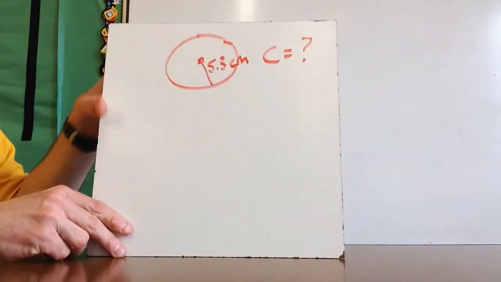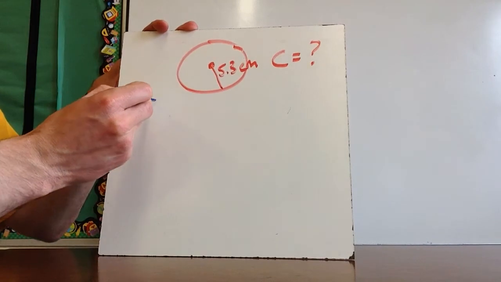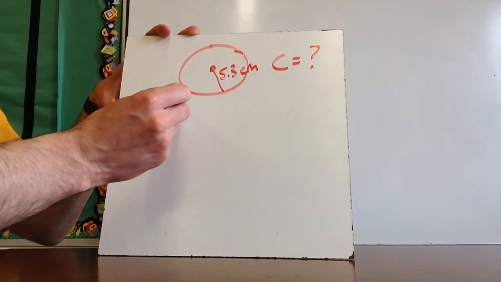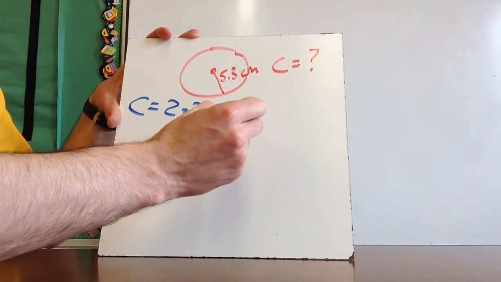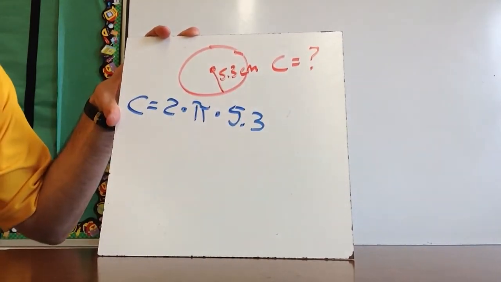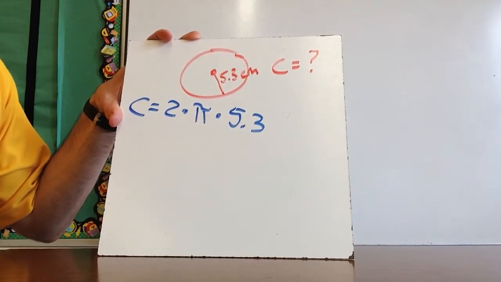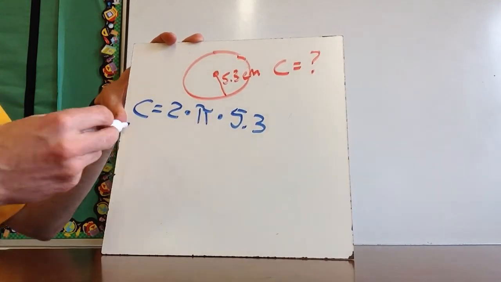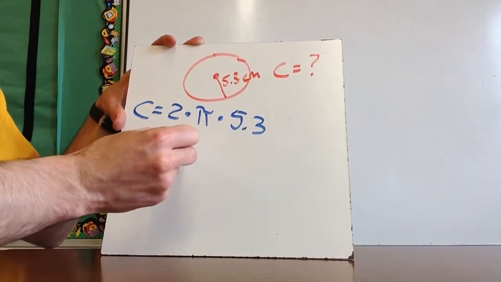Now let's take a look at what happens if you are given a radius and not the diameter. And so for this one, I'm going to have to use circumference equals 2 times pi times the radius, which is 5.3. And so I need to go 5.3 times 2 times pi, and I end up getting that the circumference is approximately